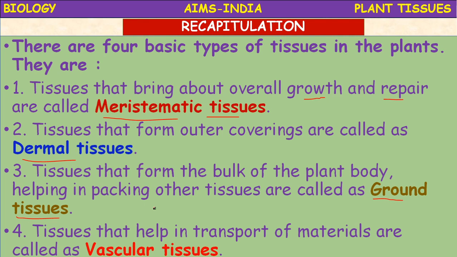The meristematic tissue contains actively dividing cells and it is majorly present where? In which regions? At the tip of the root and stem. Growing regions of the plant possess meristematic tissues. They are also called meristems. Isn't it, children? So there are different types of meristems: apical meristem, lateral meristem, intercalary meristem. These are the three major types of meristems or meristematic tissues. Okay, so let us proceed for today's class.